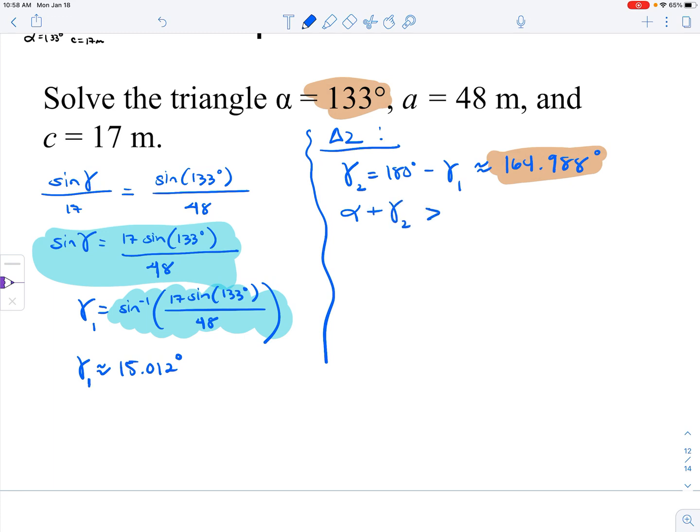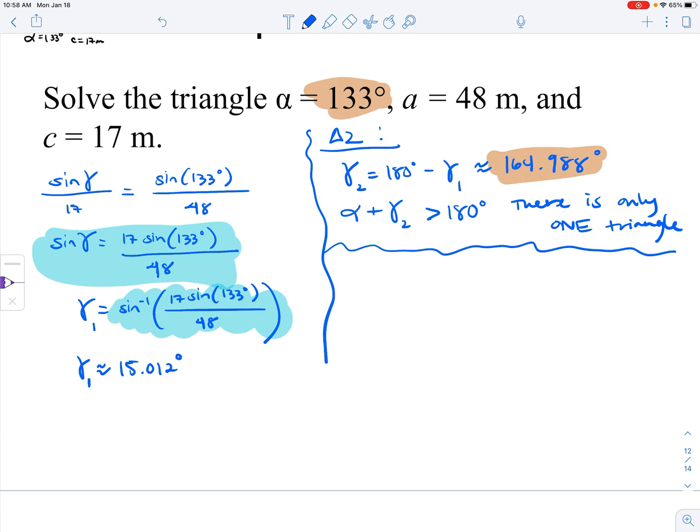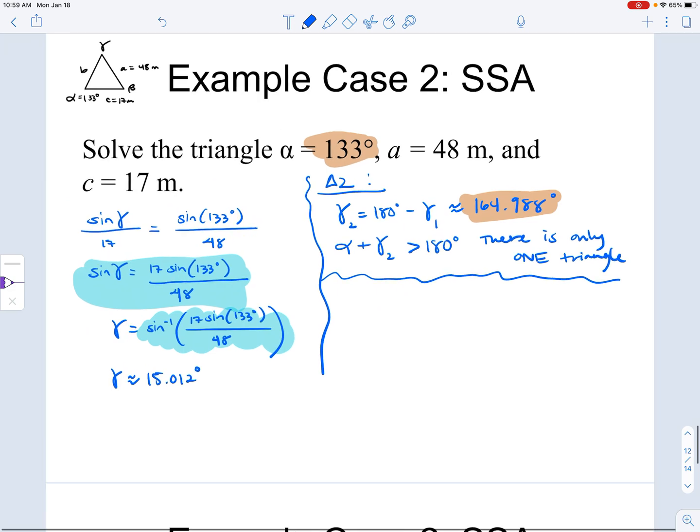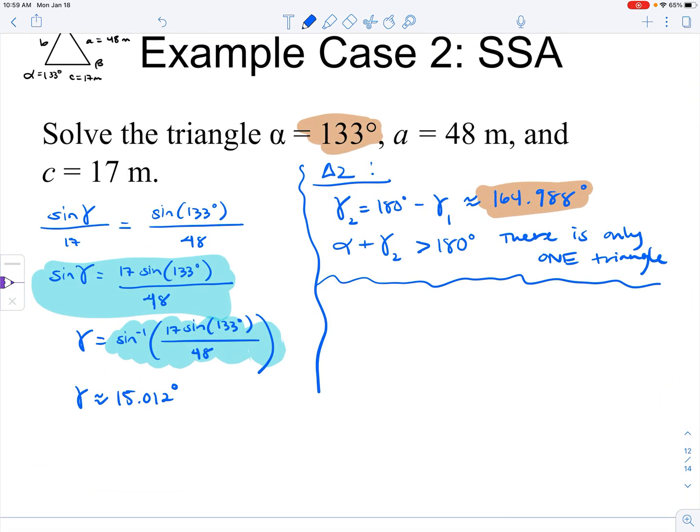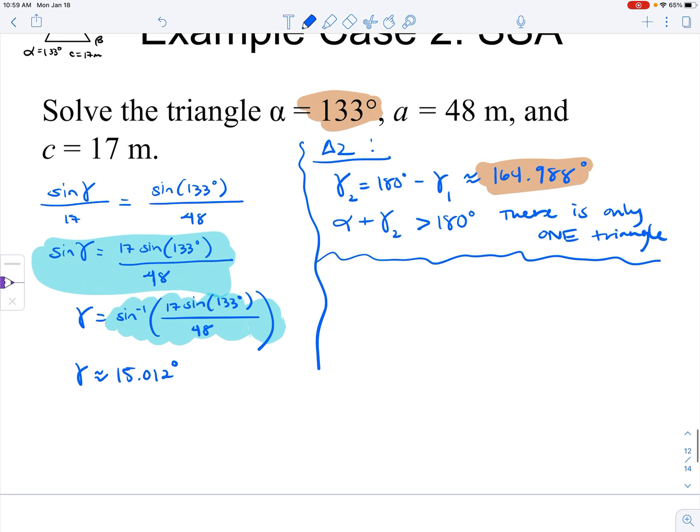So let me write this down. Because alpha, the given alpha, plus gamma sub 2 is greater than 180 degrees, there is only one triangle. It does not make sense to have a second triangle with an angle of 164.988 degrees. So we can continue on. I'm going to erase that sub 1. We can kind of ignore that second triangle that we tried solving for, and we can go ahead and solve for, how about,